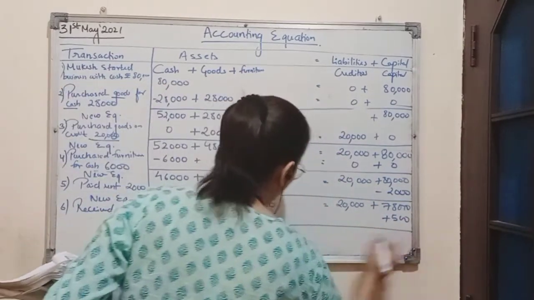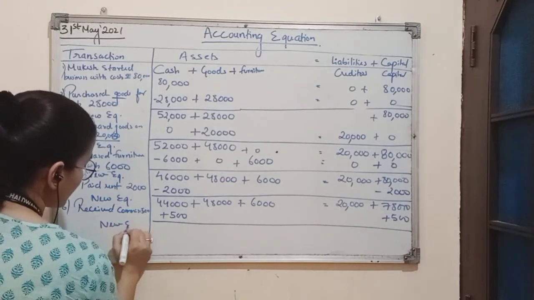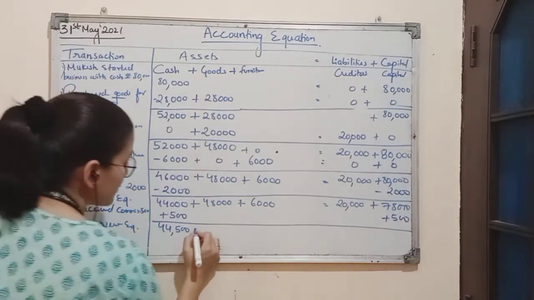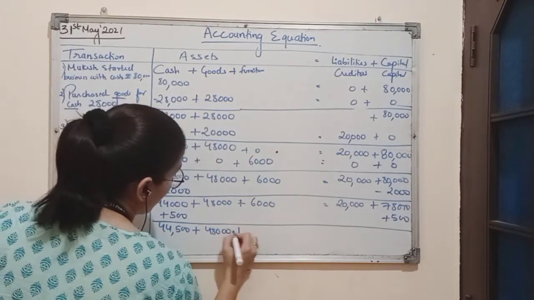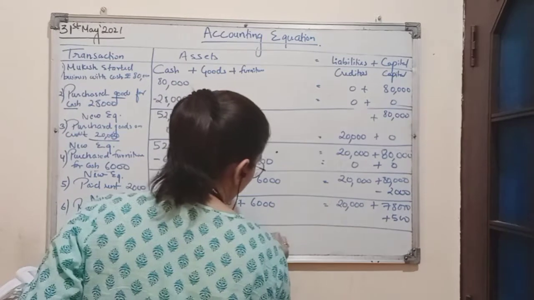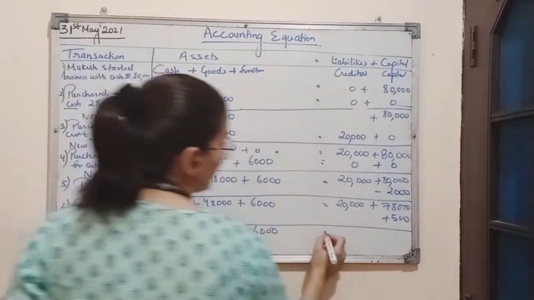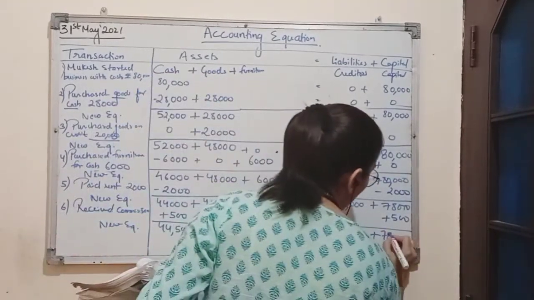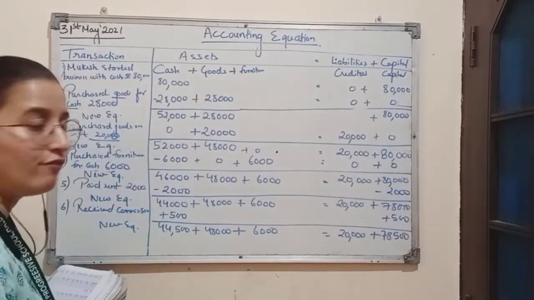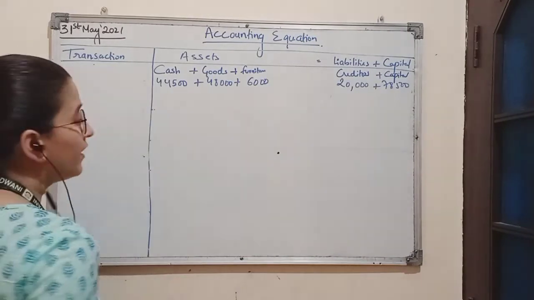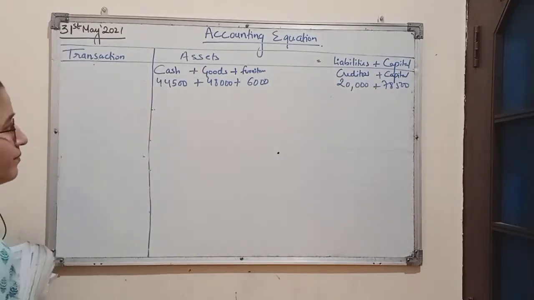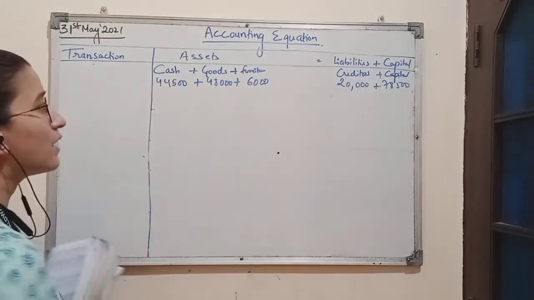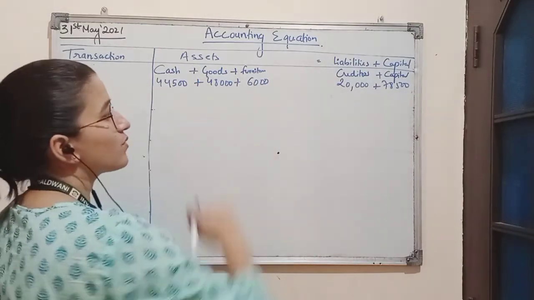So here the balance of the new equation will be 44,500 cash balance, 48,000 balance of goods, 6,000 balance of furniture, 20,000 balance of creditors and 78,500 balance of capital. So here I have carried forward the last equation where cash balance is amounting to rupees 44,500, goods 48,000, furniture 6,000, creditors 20,000 and capital